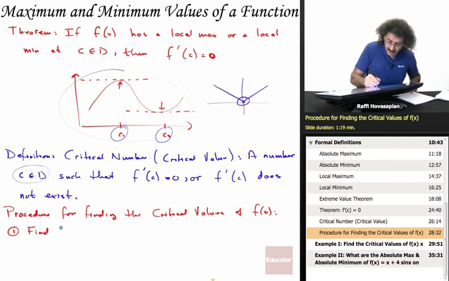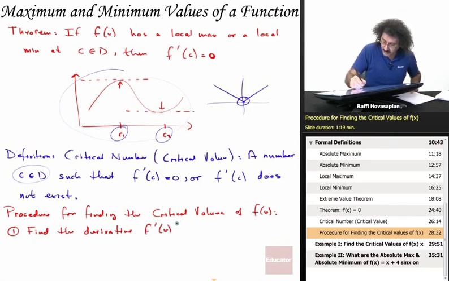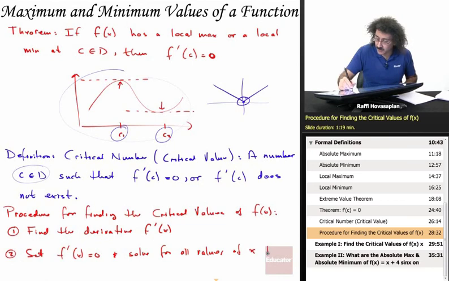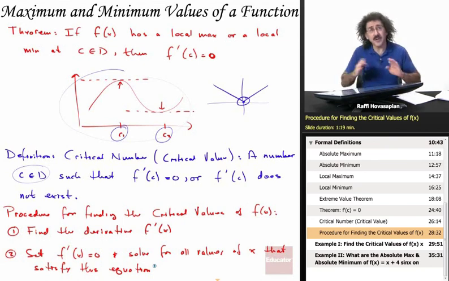One, find the derivative f prime of x. And two, set f prime of x equal to 0 and solve for all values of x that satisfy this equation. That's it. The only other thing that you have to watch out for is, again, places on the domain